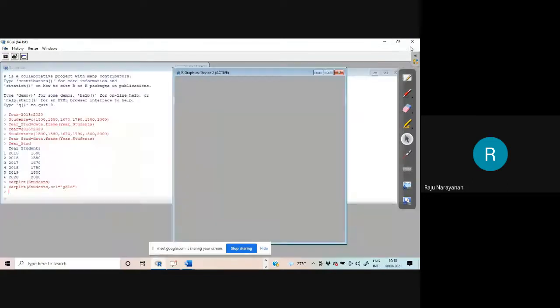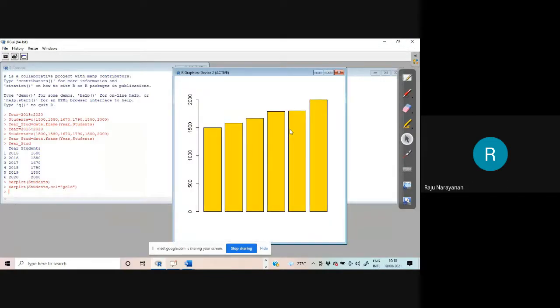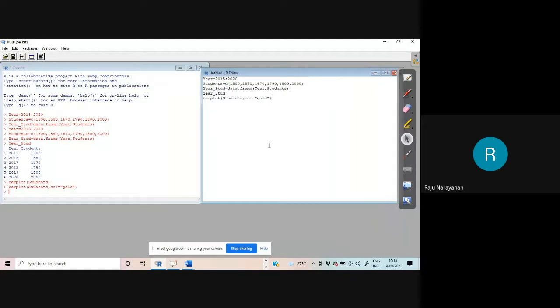Yes, you can change your color. You can use the function argument to write the main heading, that is main. Otherwise, you will not remember all these things. Main is equal to "Students by year, University of Calicut".